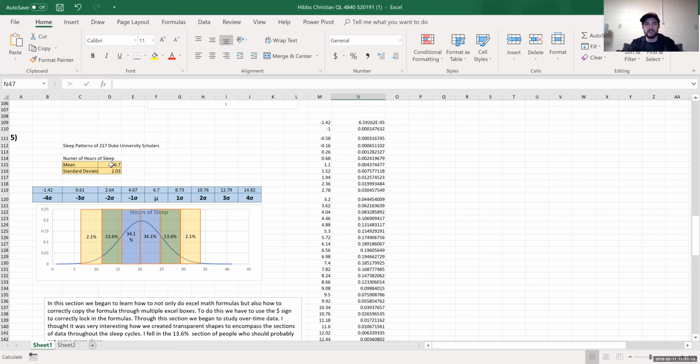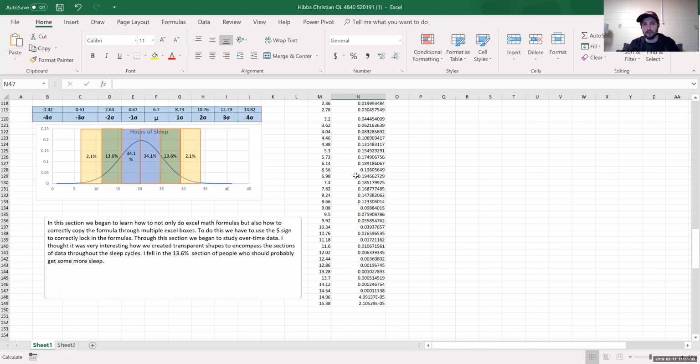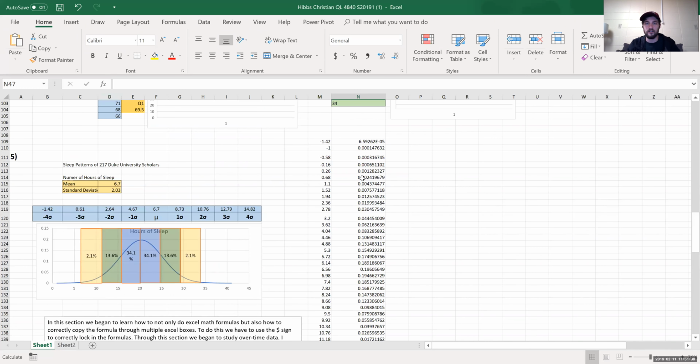Well, once it adds it into this equation, since these two numbers are in section D in Excel, it will add the letter D into the equation. This is a very important aspect of Excel we learned. You have to add the $ on either side of the letter to lock in your equation. This allowed us to repeat this equation down the page and thus get an overtime analysis of the data.